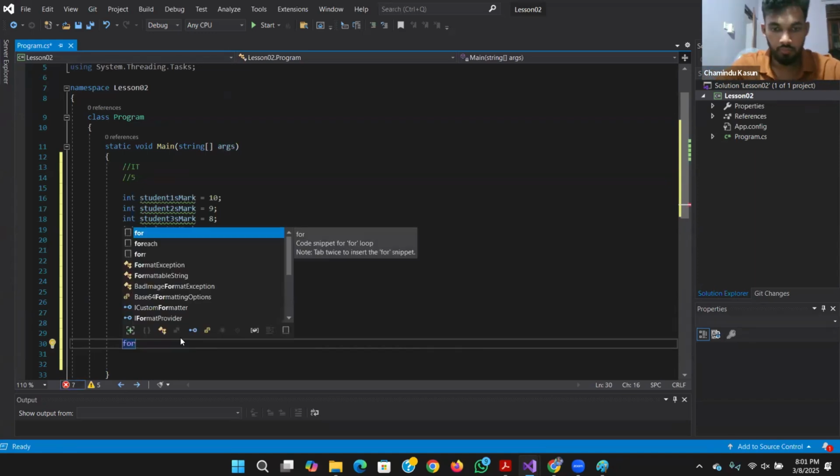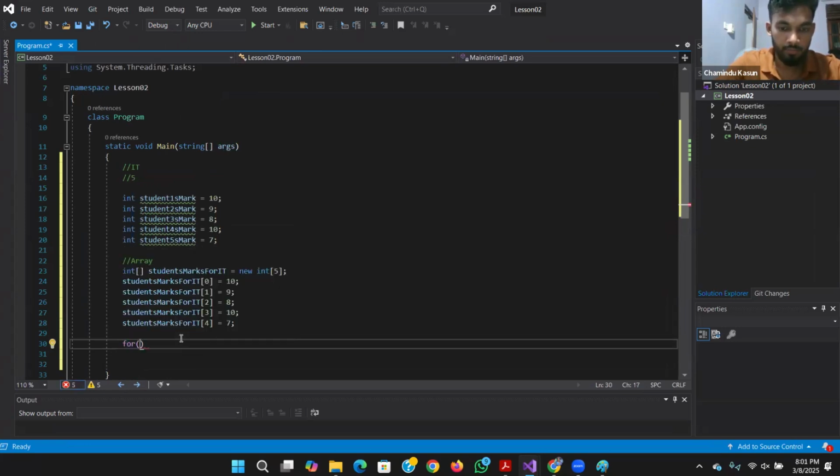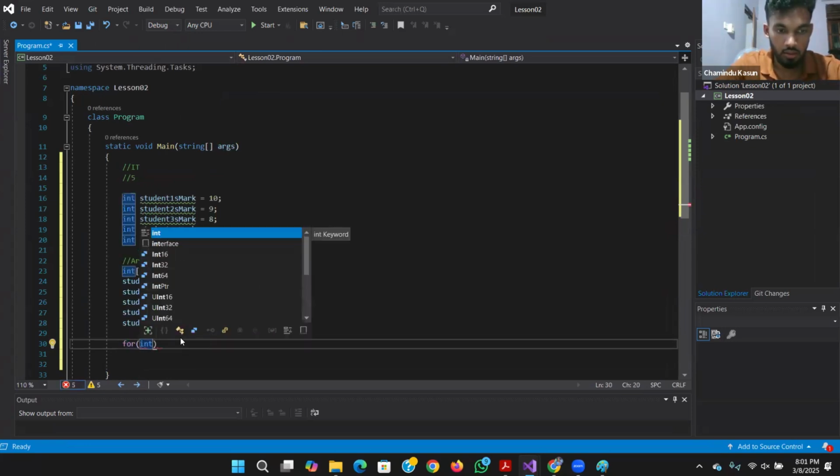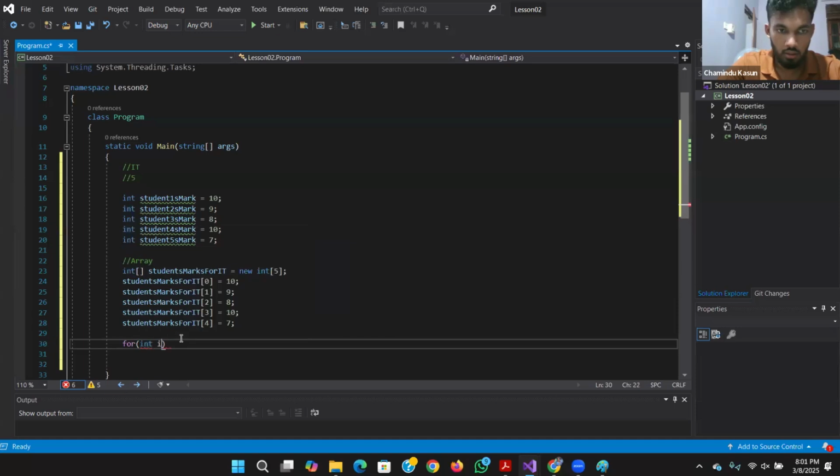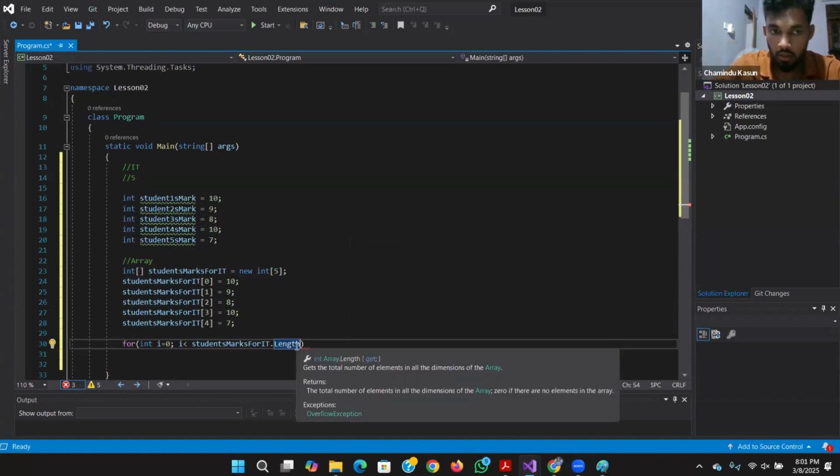So for i equals 0, until i becomes less than the end of the array. We can get it by array length, until i becomes less than the array length. That means until the end of the array,